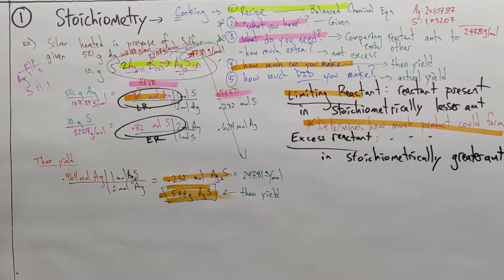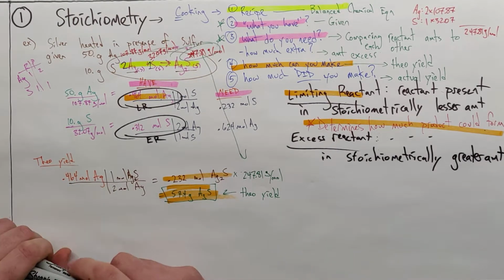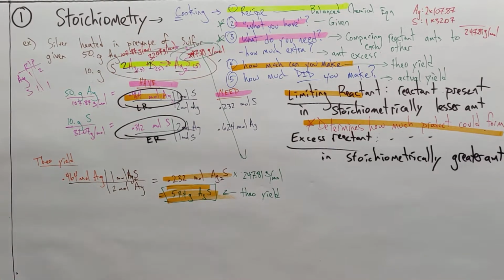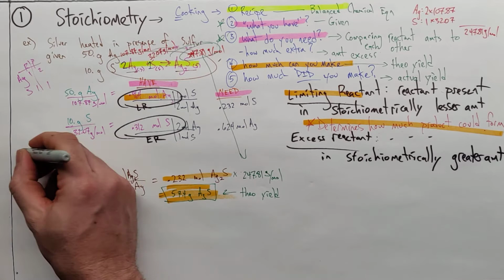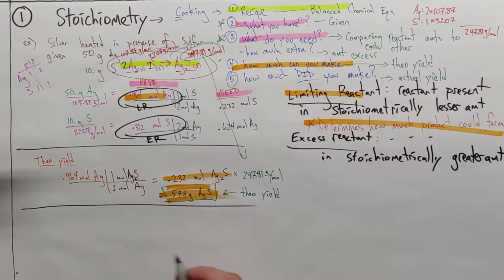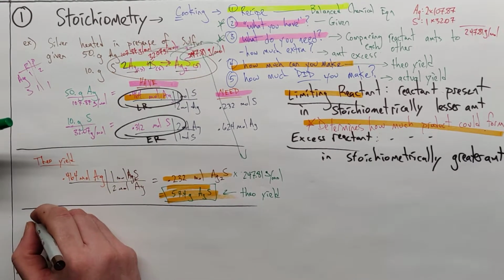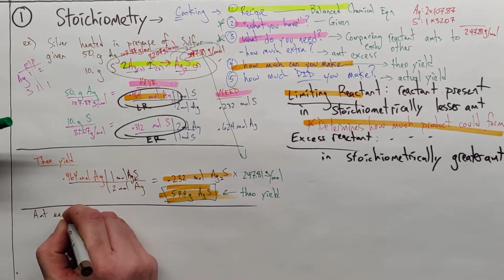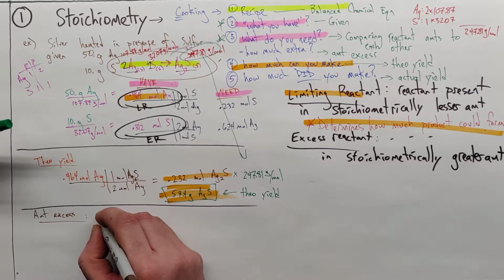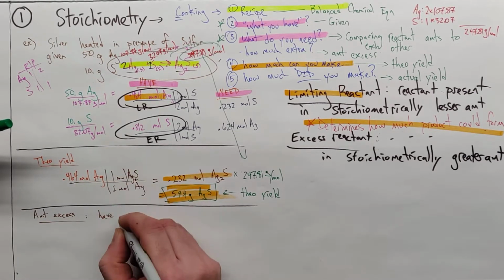Now, what other things could we ask for? We could ask for a percent yield based on how much we actually produced in lab. And we can get an amount excess. So I'm going to put over here some divisions, and let's find some amount excess. This isn't super critical for these problems, but I'm going to show you why it's super useful in the big picture. Let's get our amount excess. That's how much we have left over. And all you have to do is take what you have of that excess,